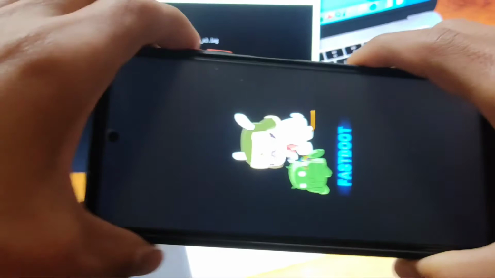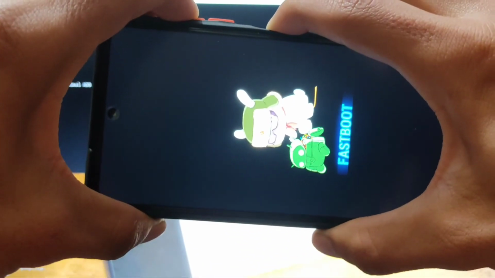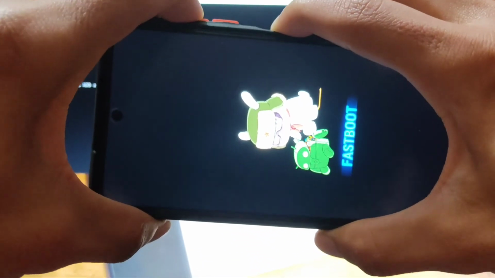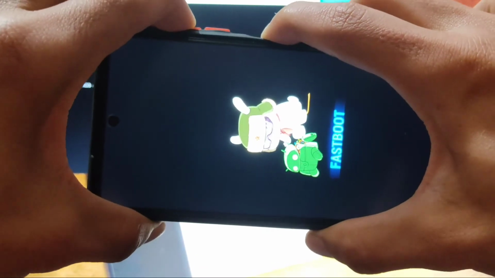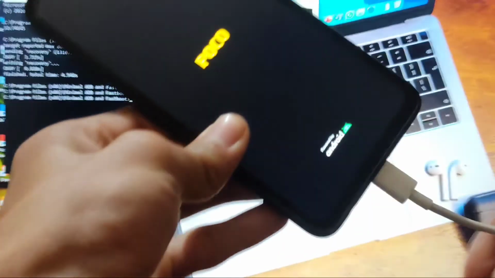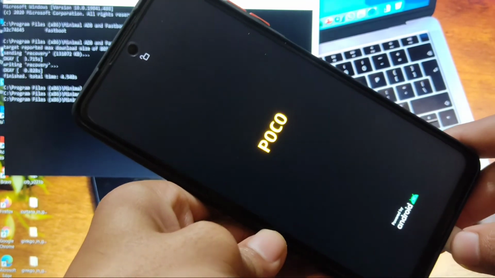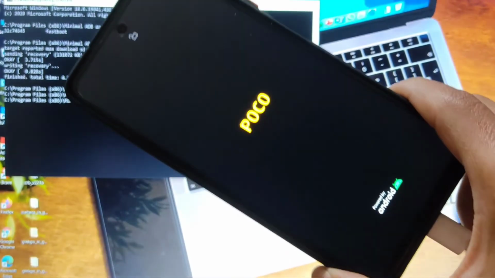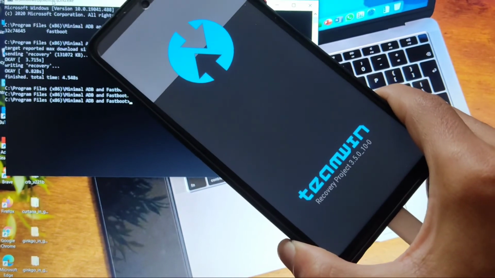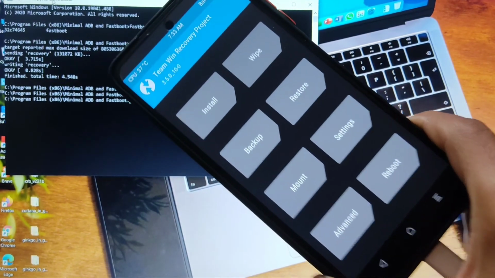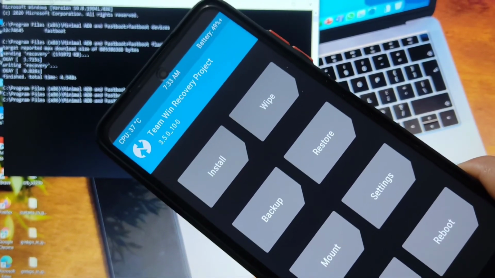How can we boot into custom recovery? Very easily. Now press and hold the volume up plus power button for a while, and you will be booted into TWRP custom recovery. Just wait a second, it will boot. We finally got the logo. It will take a few seconds, and then you will be booted into TWRP custom recovery. We are at the logo now, and almost, yes. Here it is. We have TWRP 3.5.0, the latest custom recovery, installed on our unlocked Poco X3.